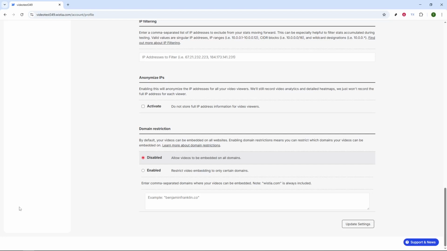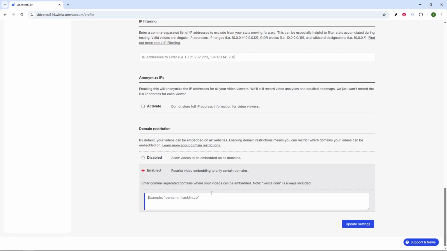When you're listing the domains you want to authorize, make sure you add them without including the http:// or https:// prefix. A common mistake is to add the entire URL, but for this feature, you need just the domain name itself. For example, if you have subdomains such as video.yoursite.com, you can include them as long as they are